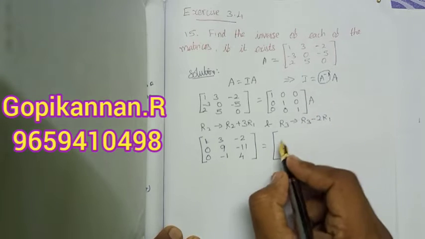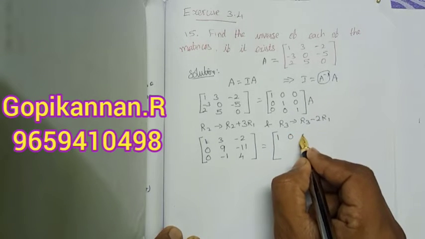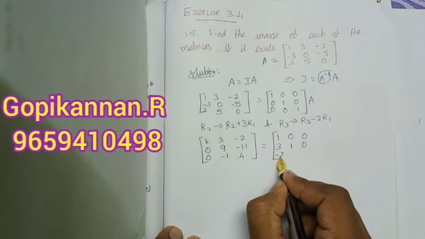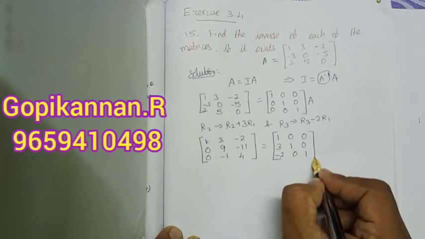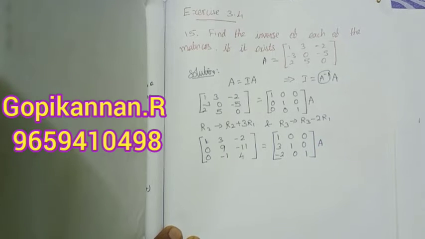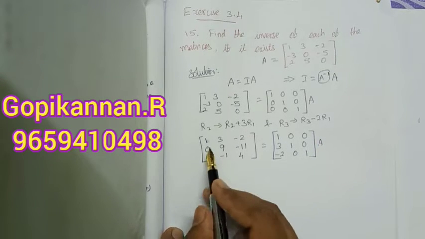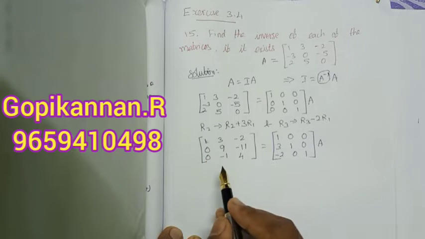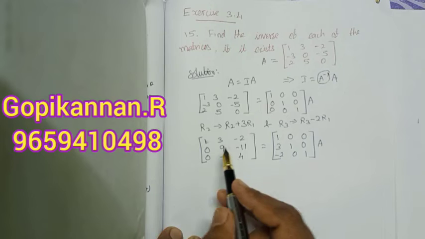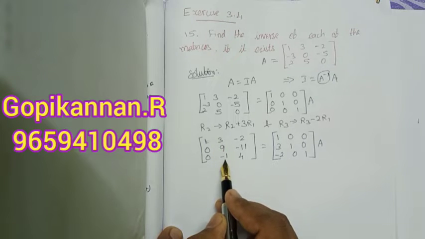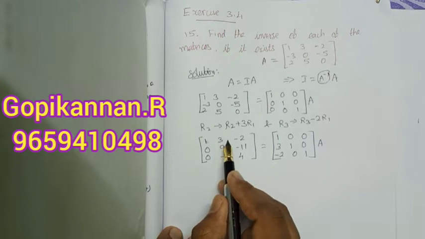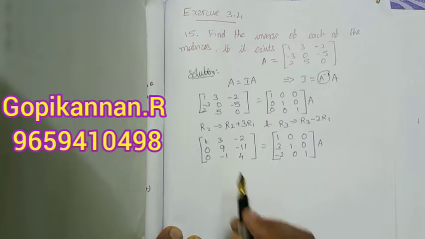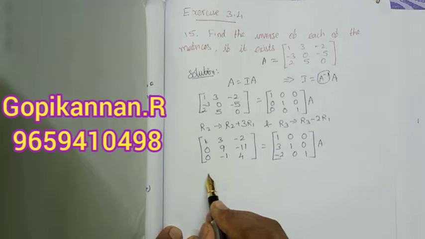So the first row has no change: 1, 0, 0, 3, 1, 0, minus 2, 0, 1 into A. Now see the matrix. The first entry is 1 and the next two entries are 0, 0. So what is the condition for the identity matrix for the second column? This entry is 0, 1 and 0. So we change this 3 to 0, 9 to 1 and minus 1 to 0. We can apply